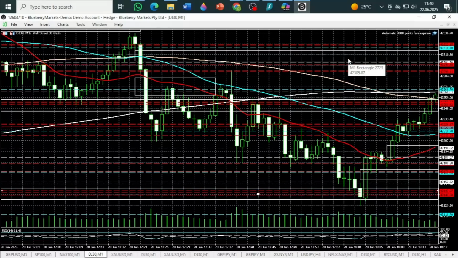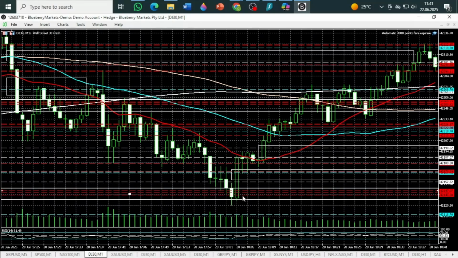This level of liquidity was swept, so we can expect a rejection from this important level, and we have here another important level,